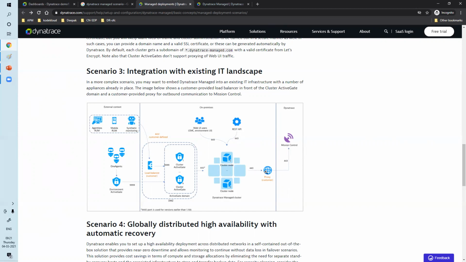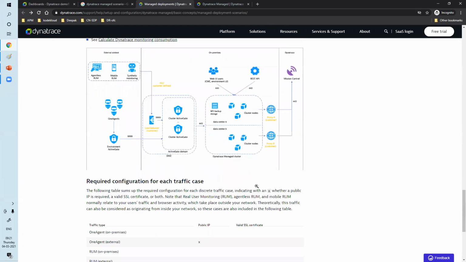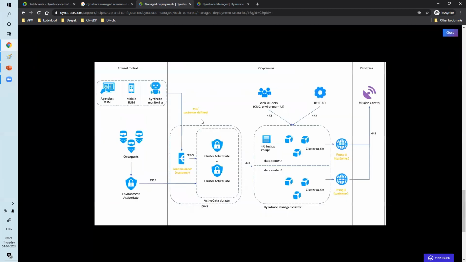For that, mission control will be open every time. So the customer said, I don't want to pass the information directly to Dynatrace. In between, I should have that one proxy, so at least I can see what data is getting passed. Now we'll go to one more scenario, the cluster node level. Now you see, till here it is the same.